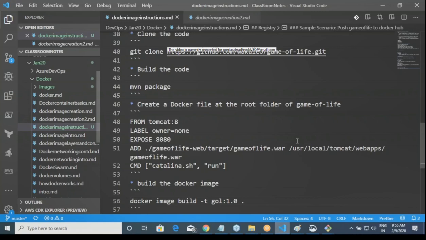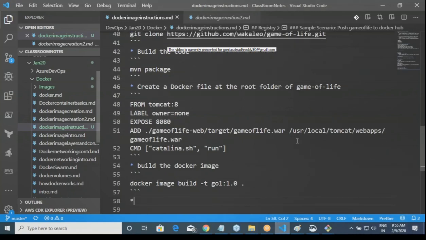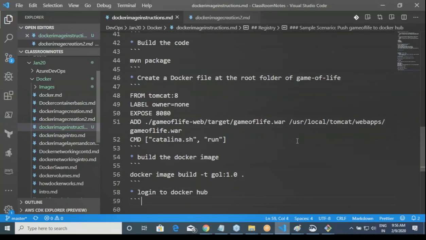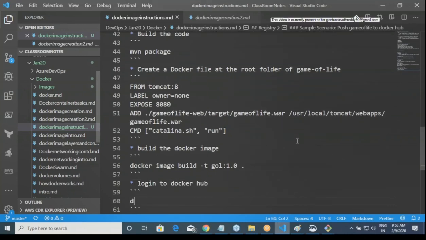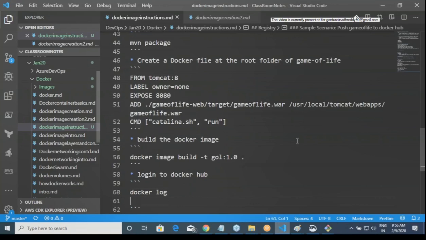Okay, and then dot. Okay, log in to Docker Hub. So docker login. Okay, give whatever username it is. My username was